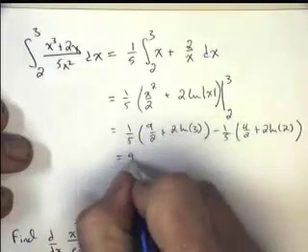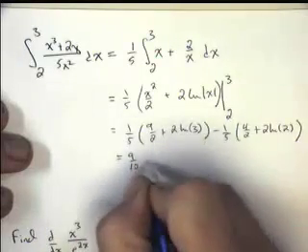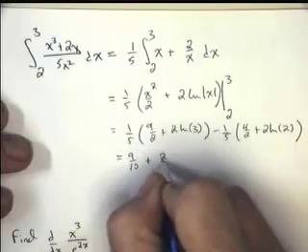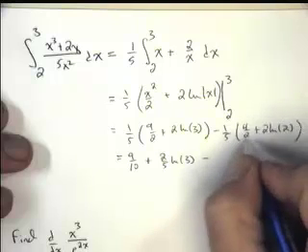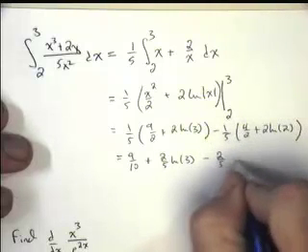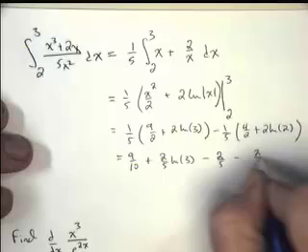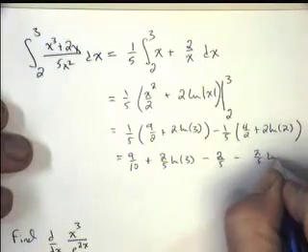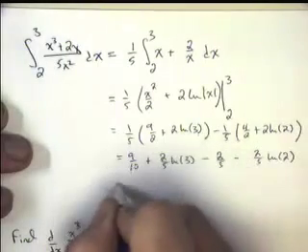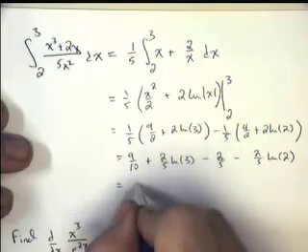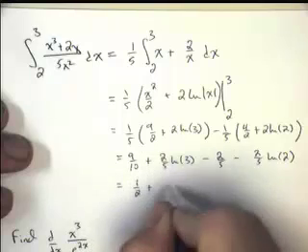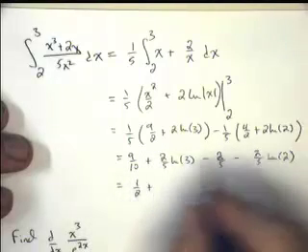We get 9/10 plus 2/5 natural log of 3 minus 2/5 minus 2/5 natural log of 2. And 9/10 minus 4/10 is 5/10, so this is a half plus